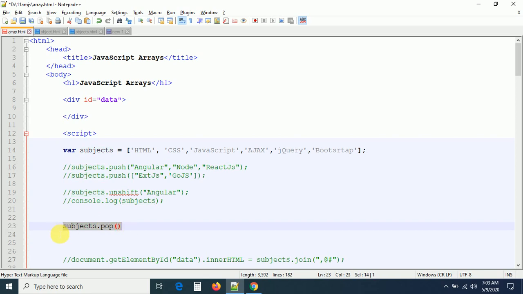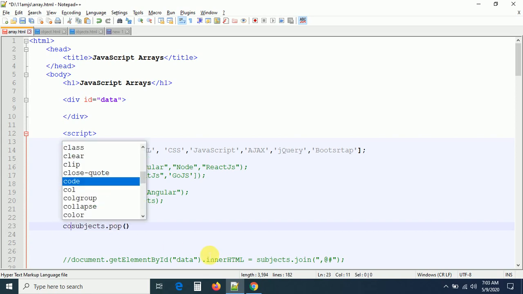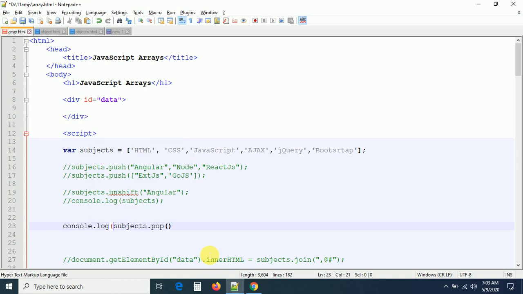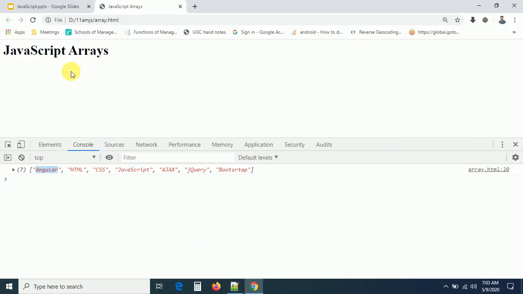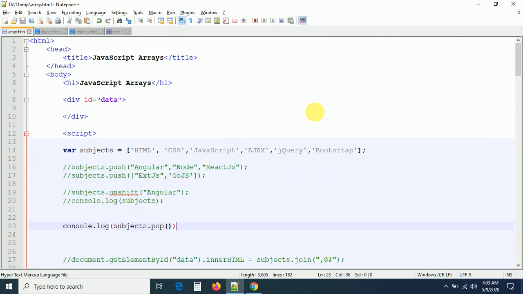For the confirmation, if you want, you can print it with console.log. Just I'm printing, so just check it. So your output will be bootstrap. Why? Because it will delete the last element. Can you see bootstrap was not in the array? See what this method will do. This method will remove the last element from an array. After deleting, this method returns the deleted element. Which element was deleted from the array, that element is going to be returned.